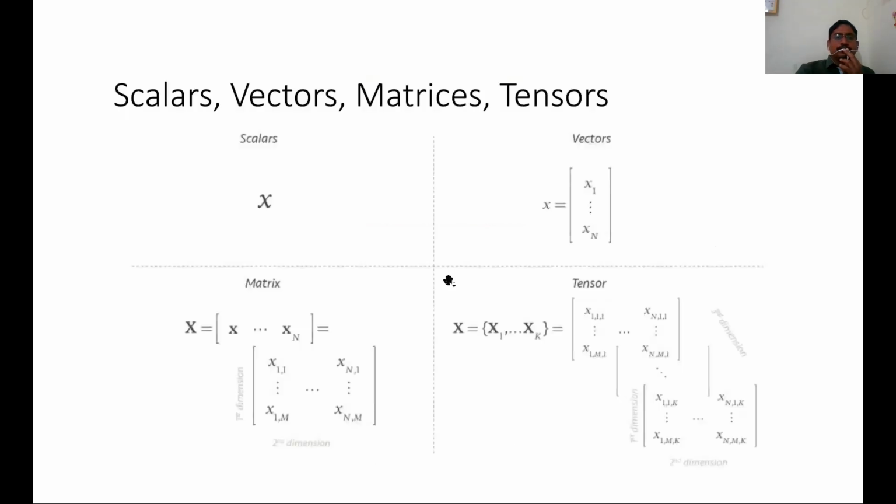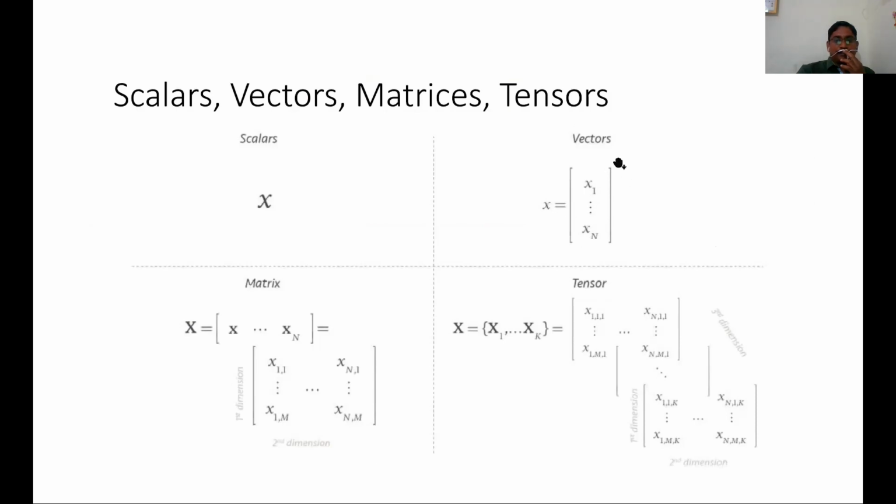Next slide. Now we'll see what is meant by scalars, vectors, matrices, and tensors. A scalar is just a real number in MATLAB, or you can call it a field element. Vectors may be row vectors or column vectors.